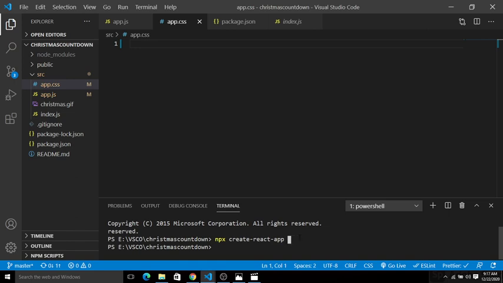I have already run npx create-react-app, and you can see this boilerplate React application project setup here. If you also want a directory like this, you simply fire the command npx create-react-app and the name of your project.